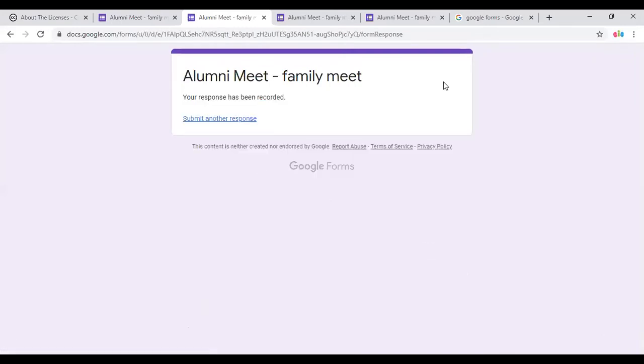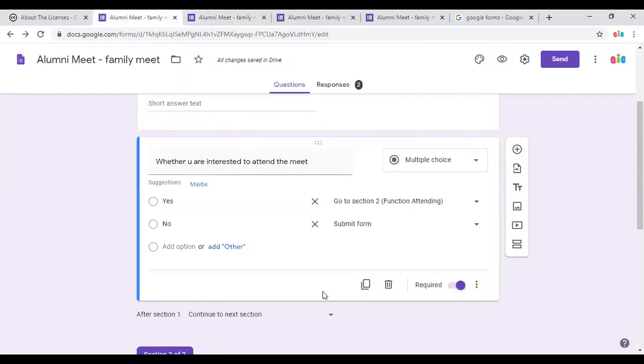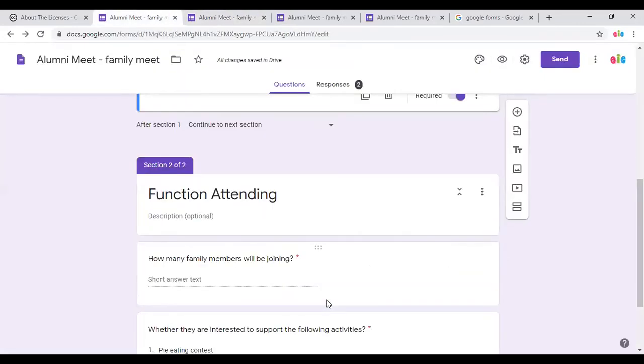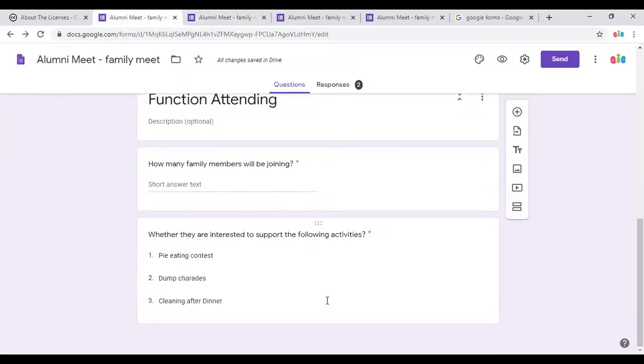Fine. Now, one thing we can tweak better. See, I have added 3 items here. What if everyone goes for the first option itself? We cannot tell like, no, the first entry is closed. We have only 50 volunteers. You cannot take more than that. No openings for you. We cannot restrict people.